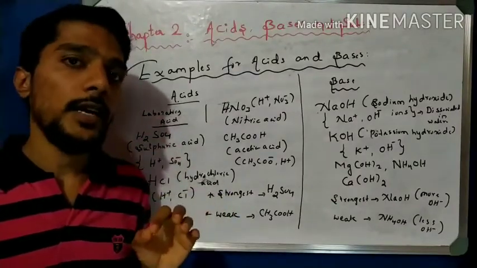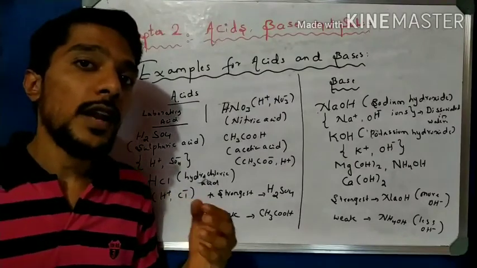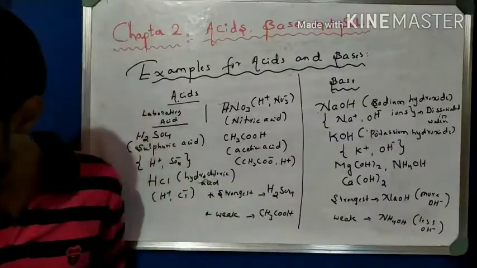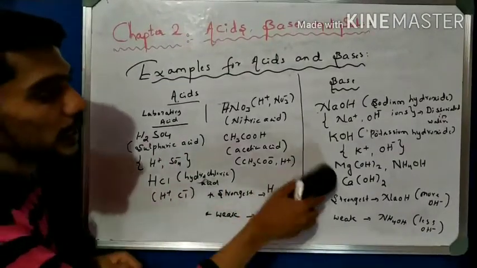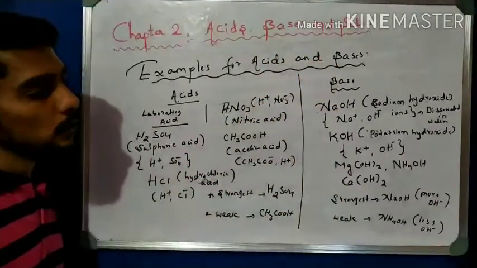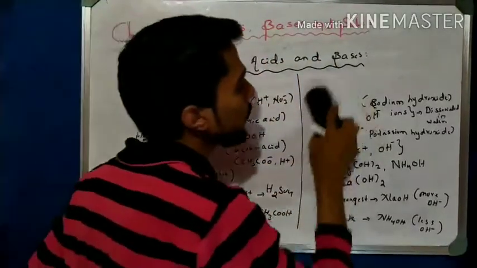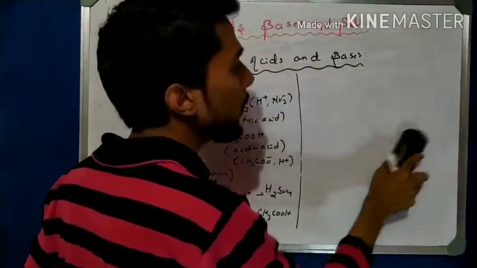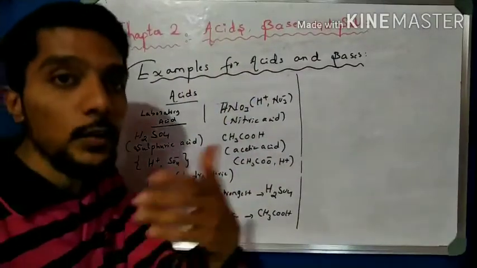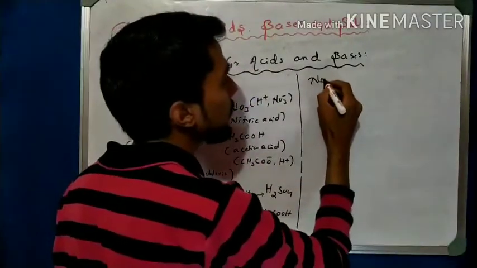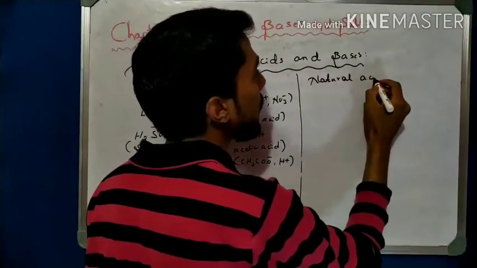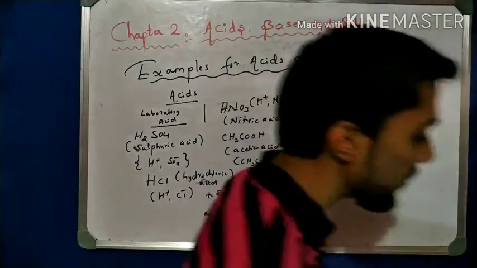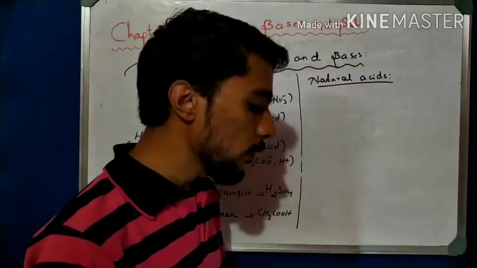Now the very important second point is about natural acids which are in the NCERT textbook. A table is given, with fruits and their acids, so one by one we learn about that. On this side I write about the natural acids which are present in some very famous fruits and things we use in daily life, as given in the book.